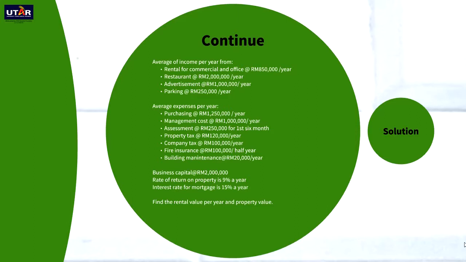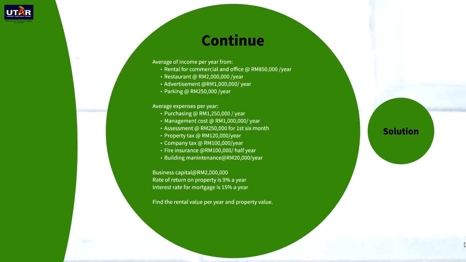The average income per year from rental for commercial and office is 850,000 per year. From the restaurant is 2 million per year. From the advertisement is 1 million per year. From the parking is 215 per year. Average expenses per year from purchasing is